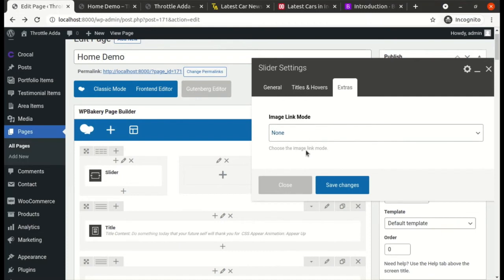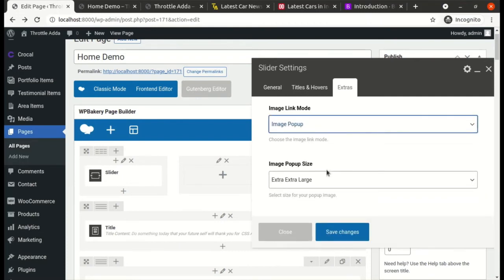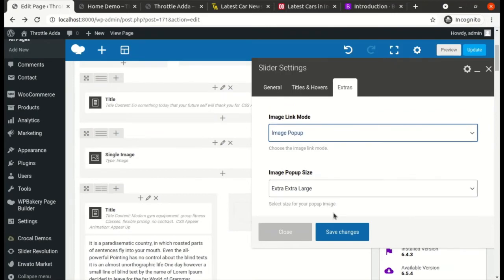If you say that you want an image pop up, then when you click on the image in the slider, WP Bakery will open a pop-up. The entire background will be grayed out. It will be a little transparent so that you can see the entire website in the background. But the image will pop out and you will be able to see a larger image. So we'll enable this option to see how it works.